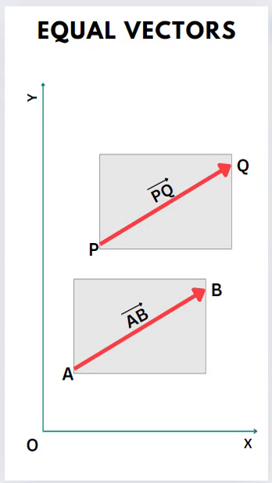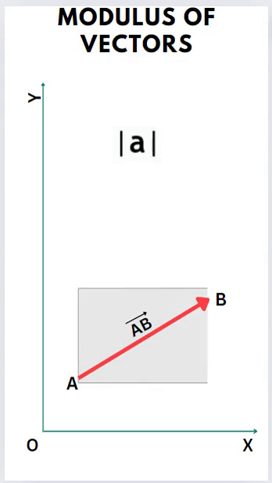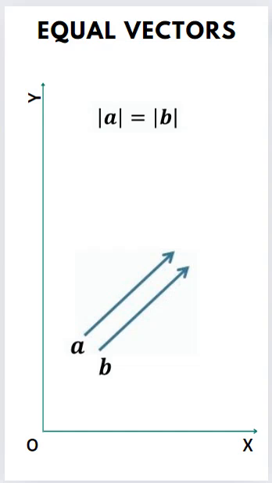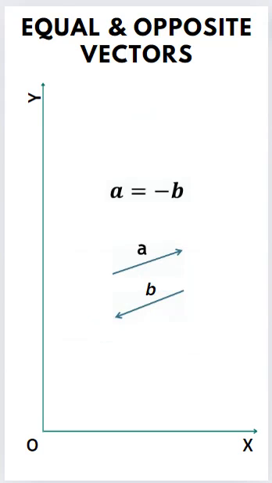If their magnitudes and directions are the same, then we call such vectors equal vectors. The magnitude of a vector is written as shown here. The magnitude is nothing but the length of the line segment. It is also called the modulus of the vector. As said earlier, equal vectors have the same magnitude and direction. Also note that the length of the vector is between the head and the tail. So the position of the tail in the coordinate system is immaterial.